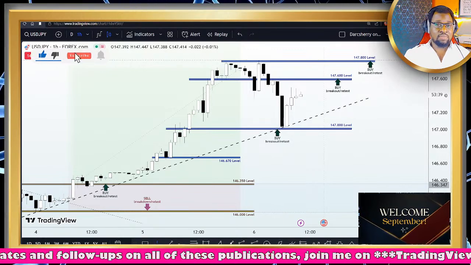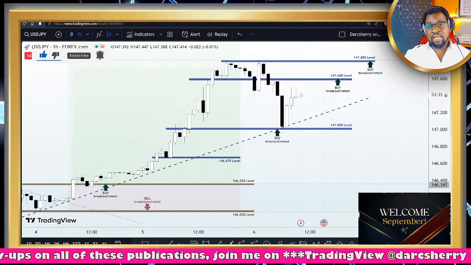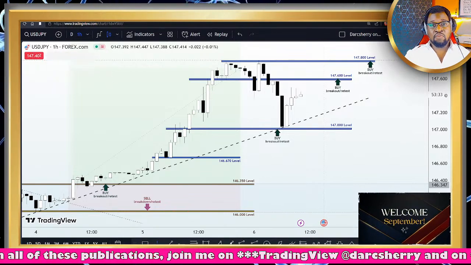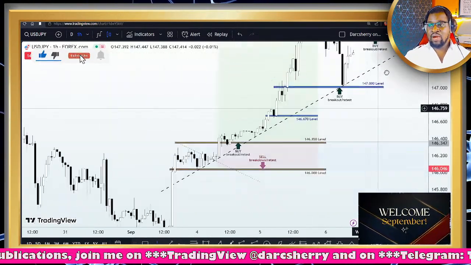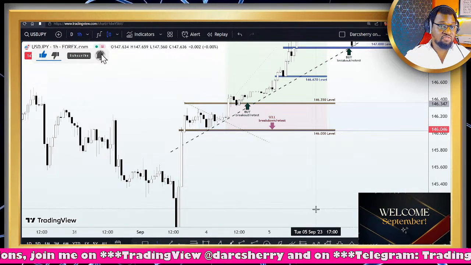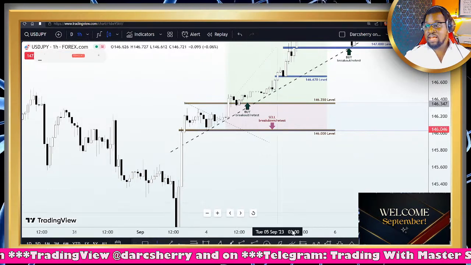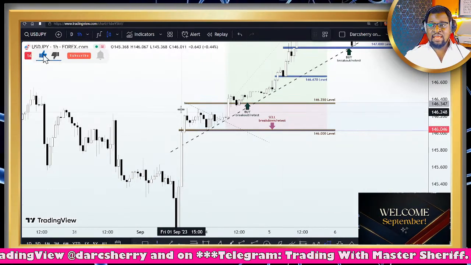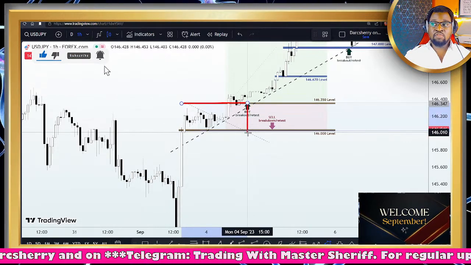Let's see what we saw at the beginning of the week that made us buy this asset. The USDJPY gave us the most simple setup to follow this week. Look at what we had at the beginning of the week right here. We saw an impulsive move during the last trading day of last week, which brought price into this level. At the beginning of the week, we saw a consolidation phase where price was confined within the